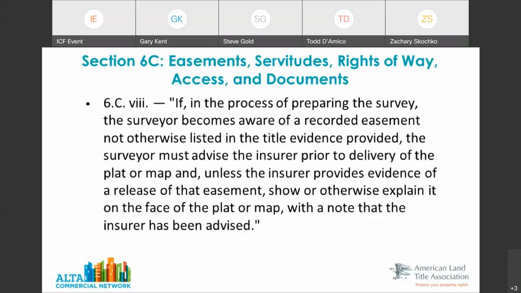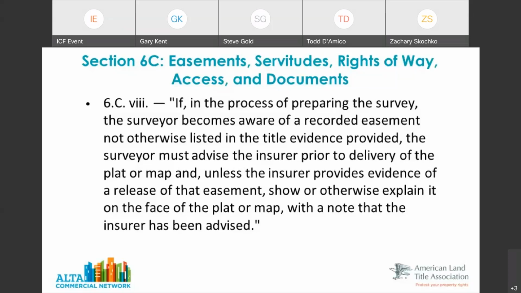In this case, if we run across a recorded document, book 1000, page 1, and it's a 20-foot easement that runs along the west side of the property, and it's not listed in the title work, well, I need to provide that to the title company. I probably want to provide that to everyone in the transaction and say, hey, I know of this. It's going to be on the survey. Is it going to be included in the title work? Or here's the question that comes out of that. Was there a release? Was there an abandonment? Was there a vacation document? What is there? Was there a merger of ownership that possibly that easement now is not in effect?